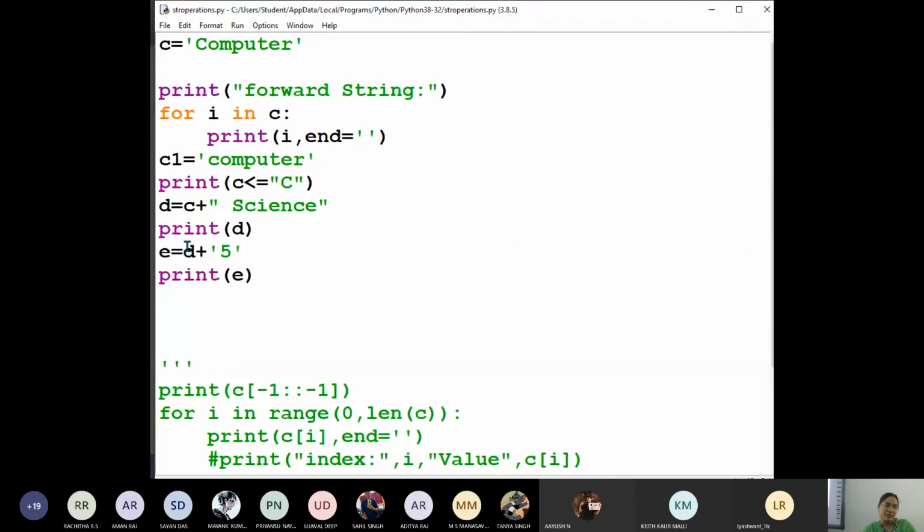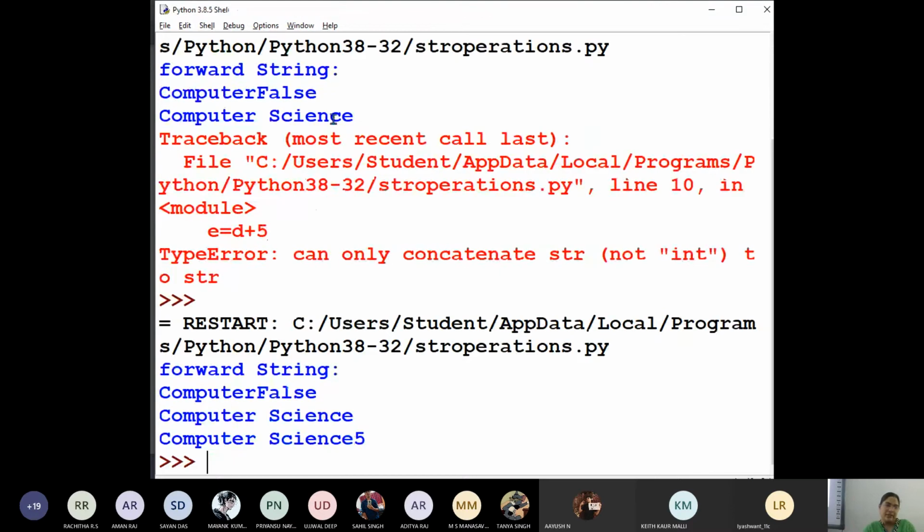When you do a plus operation on strings, you have to note that numbers, either integer or floating point, cannot be added as they are. They have to be converted into textual format, string format. Then only we can concatenate. It is not arithmetic addition. Is it clear to everyone? So if you try to do that, what will happen? Type error.